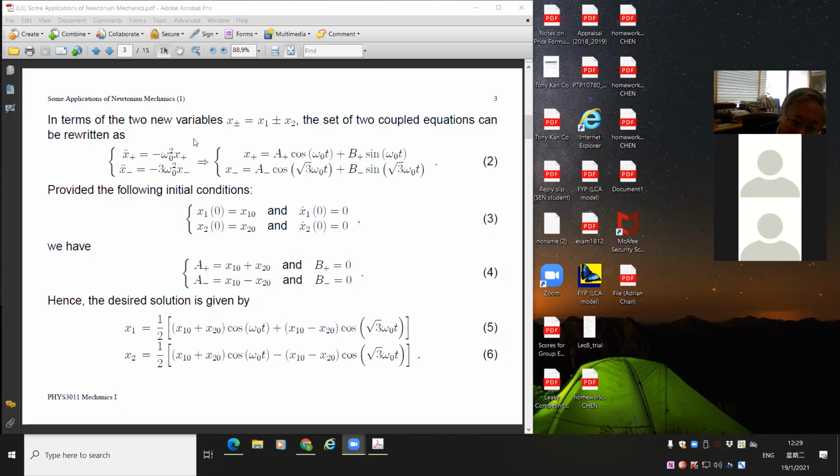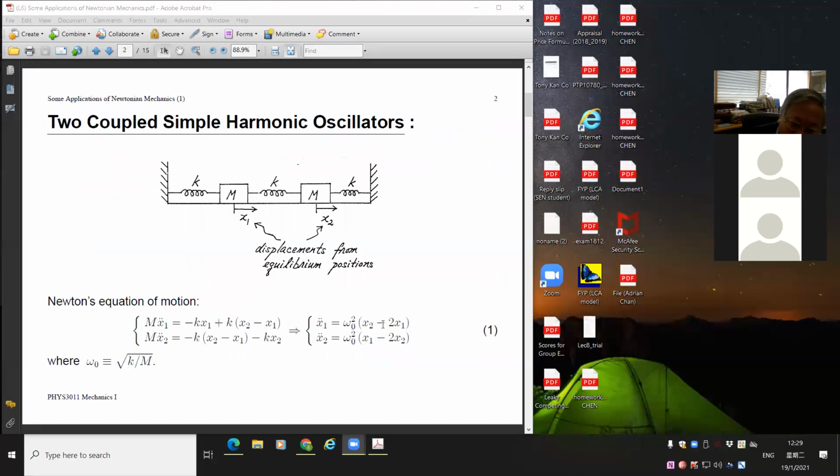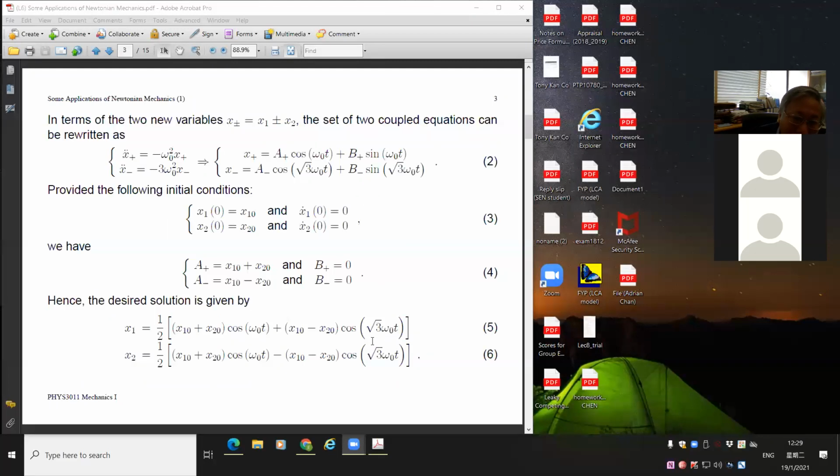So we substitute x plus and x minus into the set of equations. Then we have x plus double dot equal to minus omega naught square x plus, and x minus double dot equal to minus 3 times omega naught square x minus. So miraculously, we have decoupled the set of 2 second-order differential equations. And each of these 2 equations